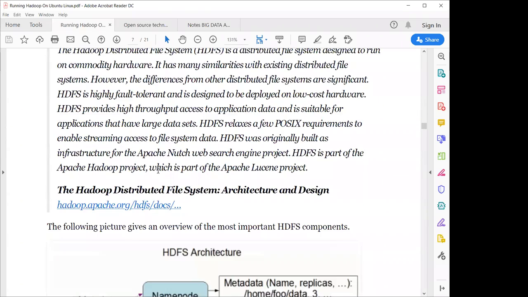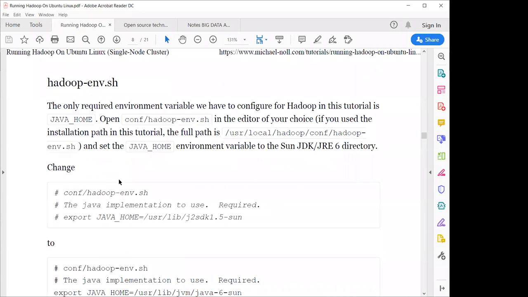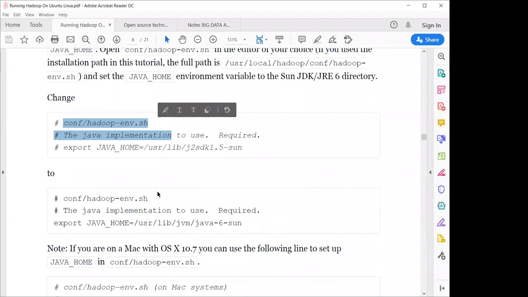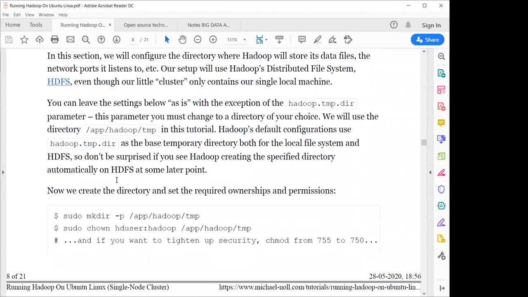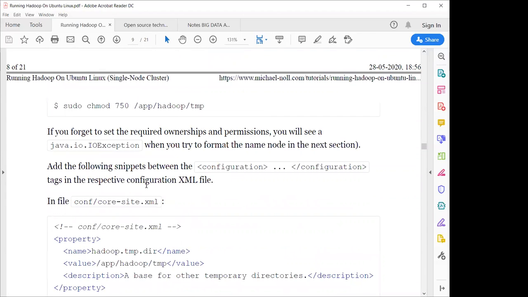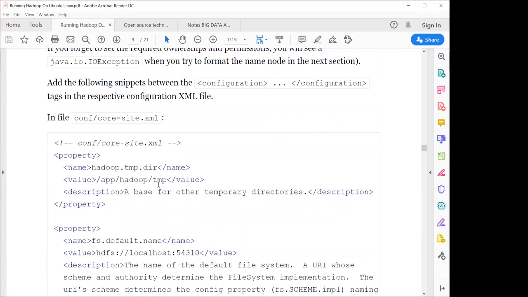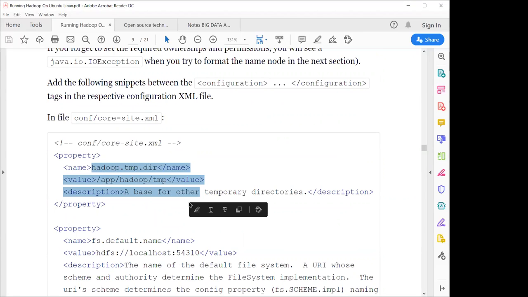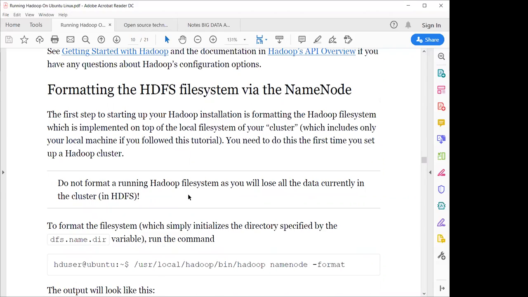Now we'll go for the HDFS. We have already discussed this. Now we'll configure the Hadoop environment path, and we'll change this to this, and after that we'll configure the site.xml file, and same thing. But remember, follow these statements or steps one by one. Do not leave out anything, because when you are installing Hadoop, you should follow all these statements one by one. It is a very tedious task.